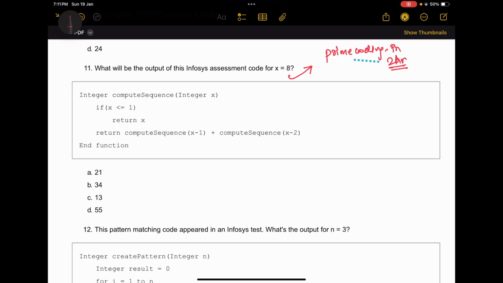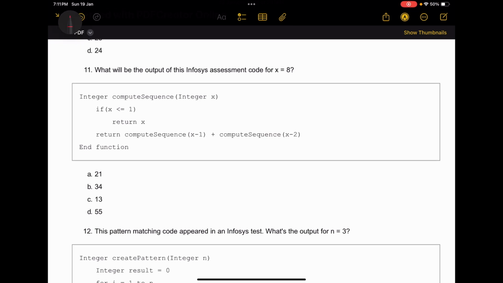Okay, so let's solve this question. What will be the output of this assessment code, where x equals 8? Let's say we have x equivalent to 8. If my x is less than 1, return x. Otherwise, compute my sequence of x minus 1, compute my sequence of x minus 2. Now what you guys will do, I hope most of you have stopped this video right away and started